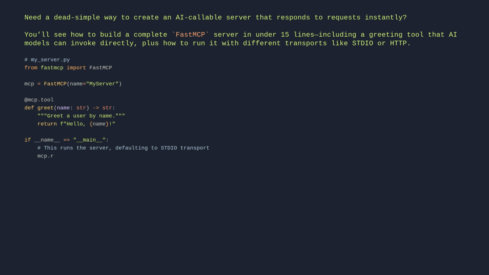mcp.run()
# To use a different transport, e.g. HTTP:
# mcp.run(transport="http", host="127.0.0.1", port=9000)